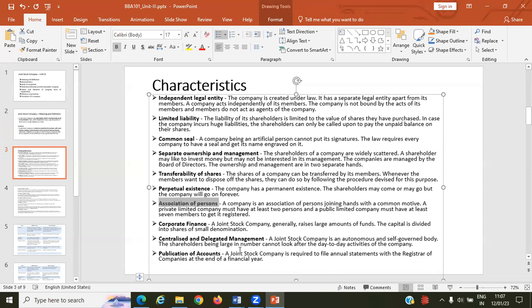What do you mean by shares? Shares means portion. If you think about the literal meaning of shares,